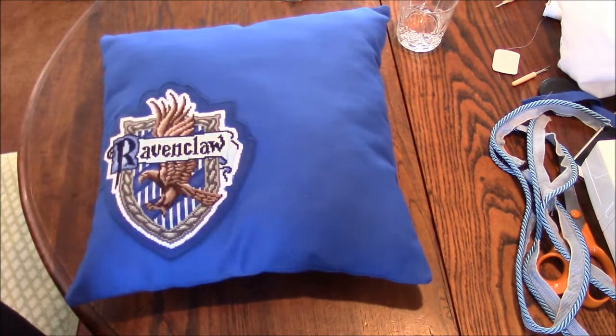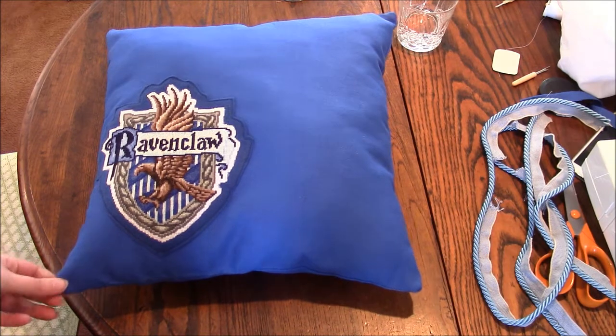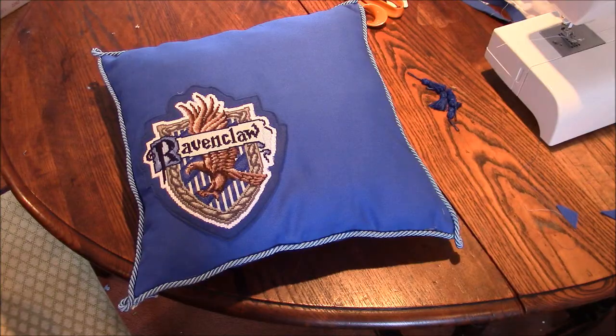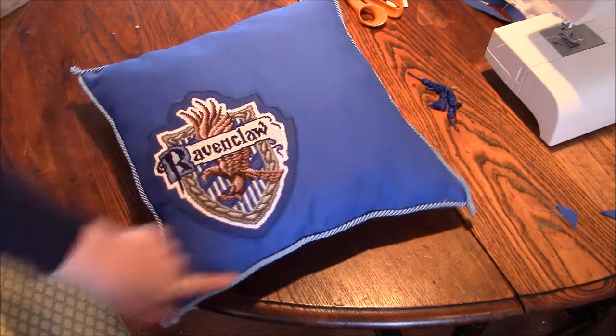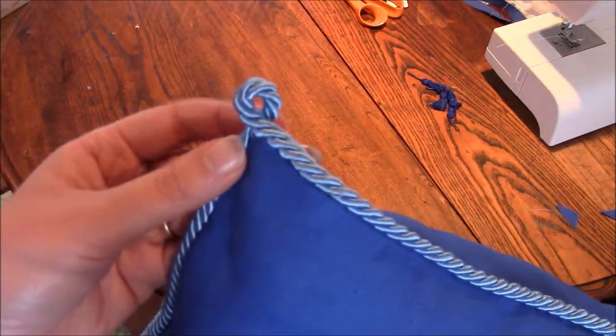So next thing for me to do is going to be to take this tape off the edge of the braid, and I'm going to hand sew it all the way around. I'm going to come back and show you when that's done. We're done. I have hand stitched on all the braid around the edges, and I've even put some little loops